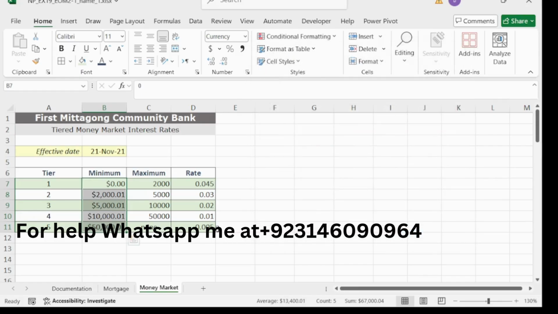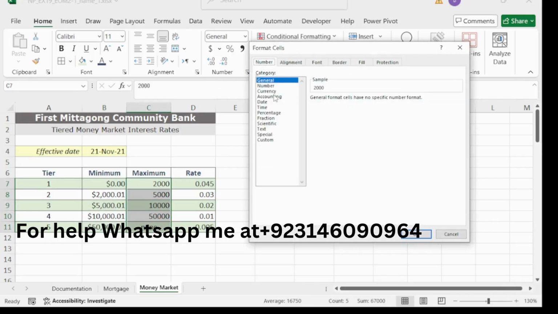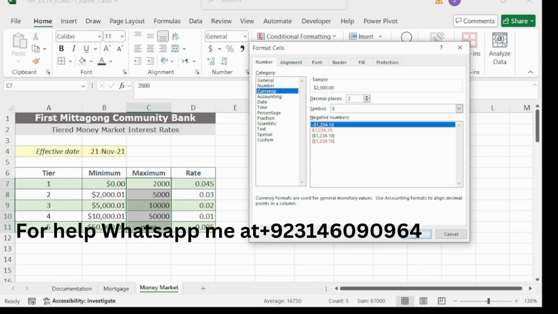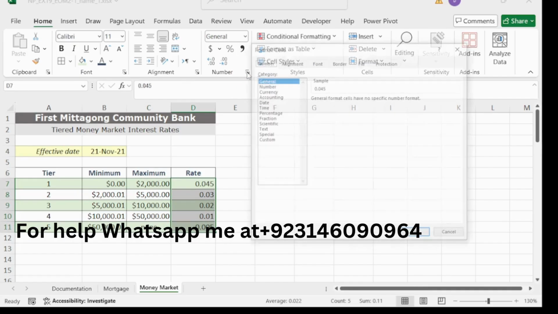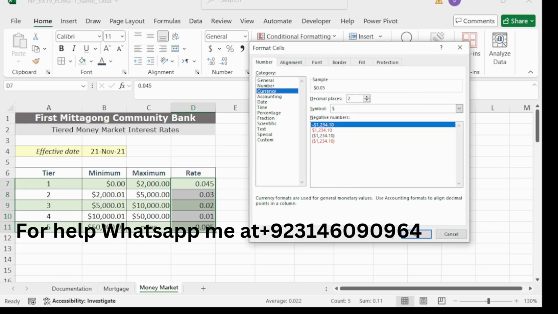So we have completed this part of the 14th step, and then select the range C7 to C11 and repeat this number format, currency, and click OK. And for D7 to D11, choose this range, number format, and currency, and click OK.